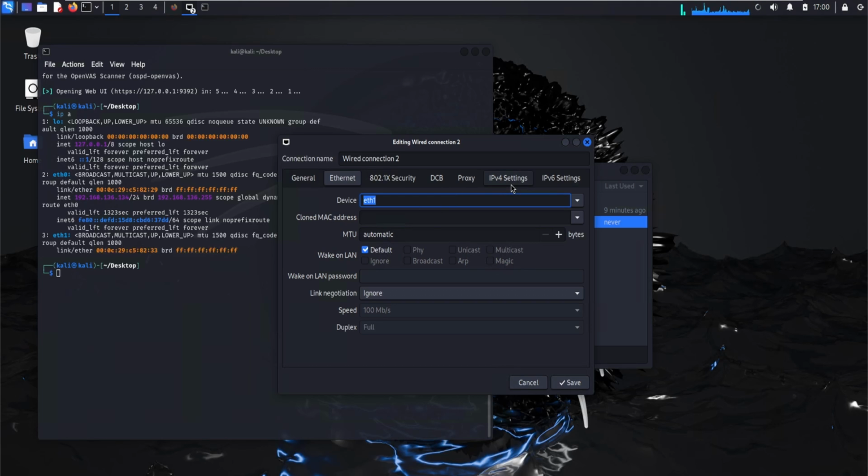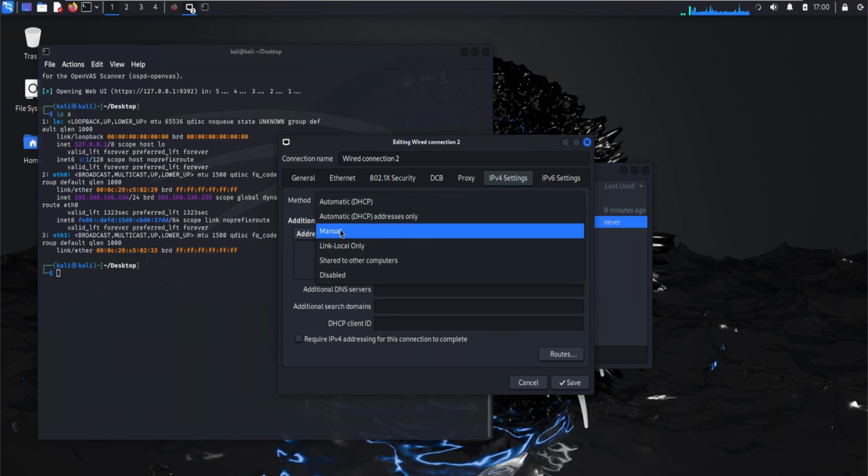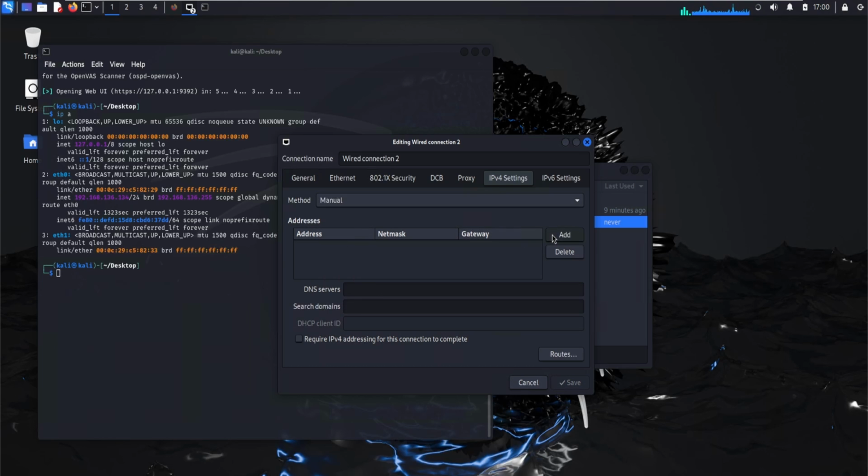Now we can go ahead and click on IPv4 settings. Currently it is set to automatic DHCP. We want to select that and click on manual. And now click on add. And our IP address is going to be